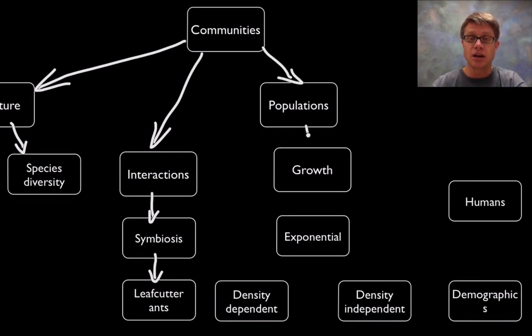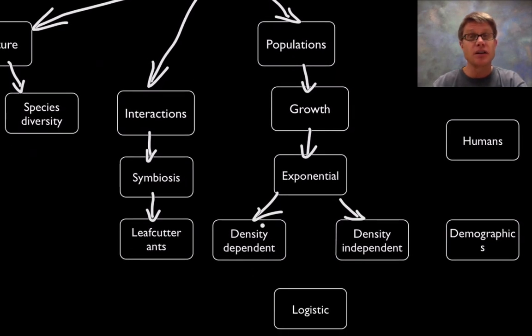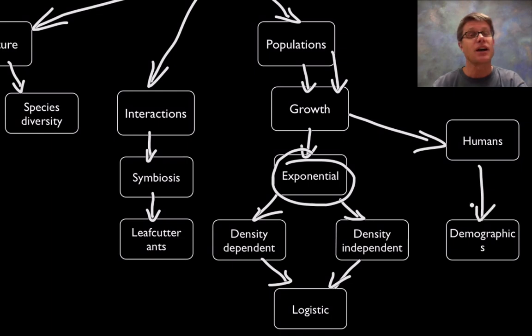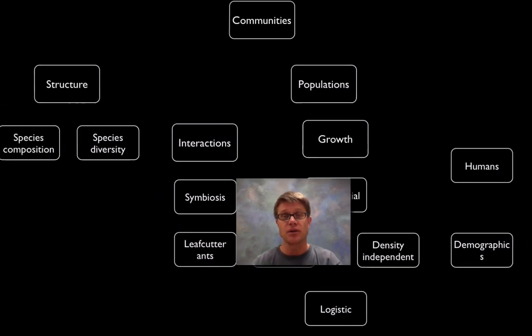One of the ways they change over time is they grow. All populations will undergo exponential growth as they start to take off, but eventually they hit some limiting factors. Some of those are based on their density and some are not, and those are called density dependent and independent limiting factors. And so even though all life starts at exponential growth, it'll eventually reach logistic, or it'll bounce up and down for a long period of time. And then if we look at population growth in humans, the study of that is called demographics. And so I'll end by talking about what we can learn by studying human population growth on our planet.